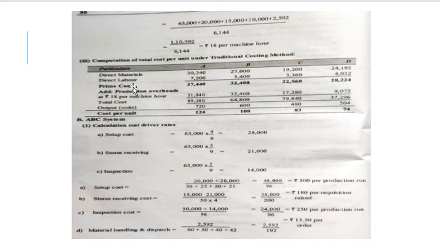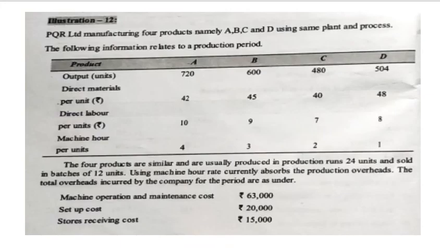So now under particulars, the items in the question, as they have given direct materials, we are supposed to take direct materials and labor first in order to find out the prime cost. Your direct material they have given us per unit. For per unit it is rupees 42. So how many units is A producing? 720. So 720 into 42, which will give you